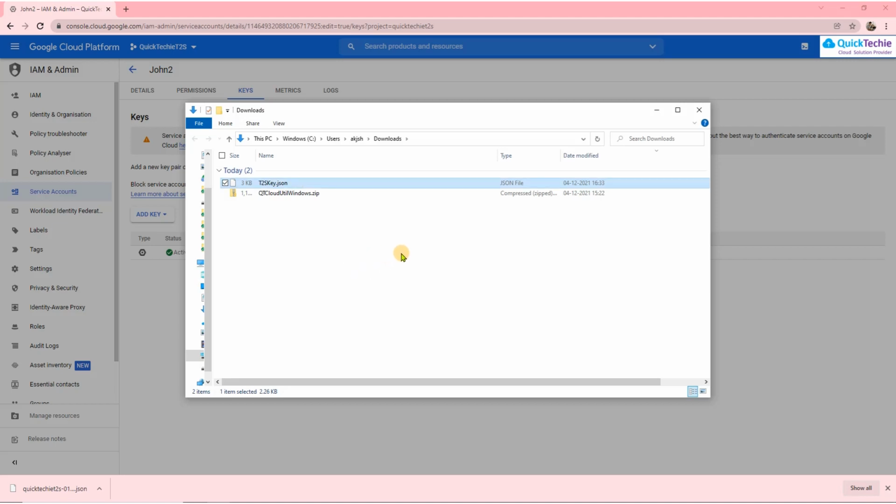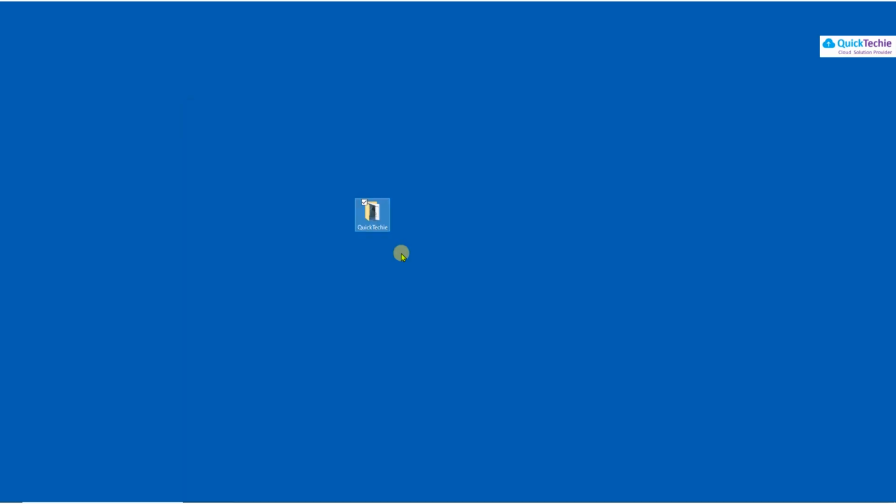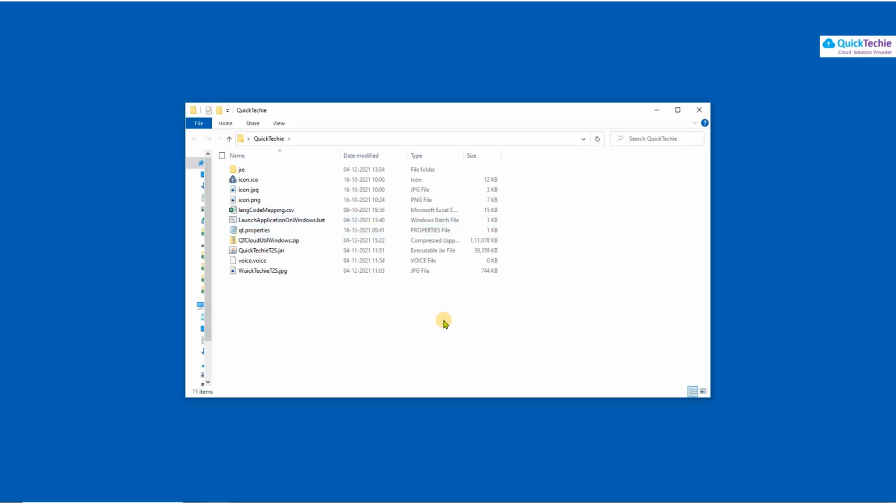Now what I have to do is, wherever my software is installed, I simply put this file here. This is your credential which works with Google Cloud, because otherwise how would Google know who is connecting to it, correct? So this entire detail is stored in this JSON file. So you should not share this JSON file with anybody else, correct?